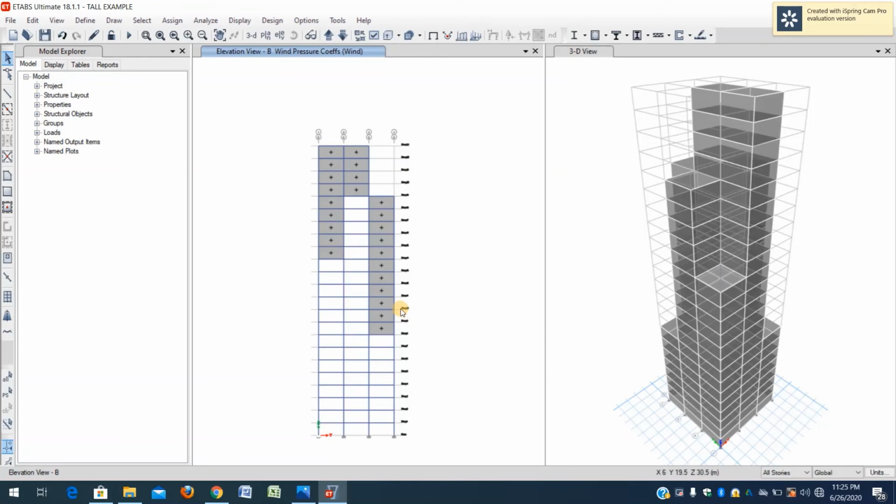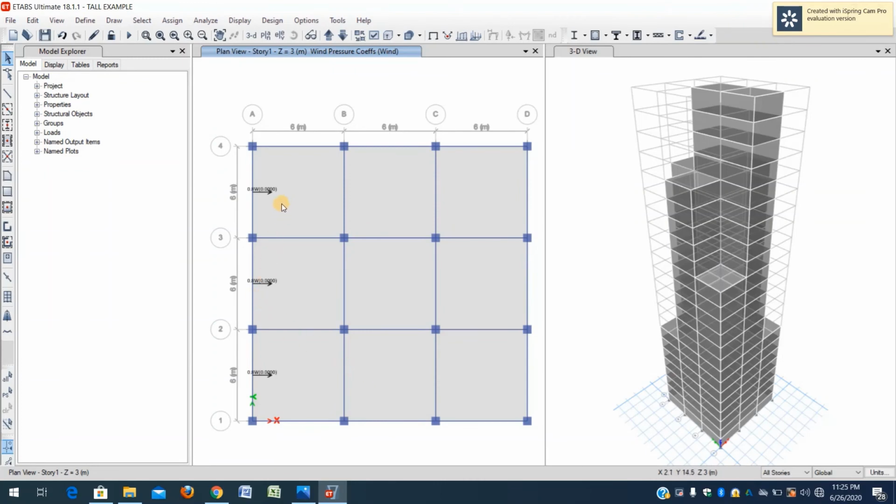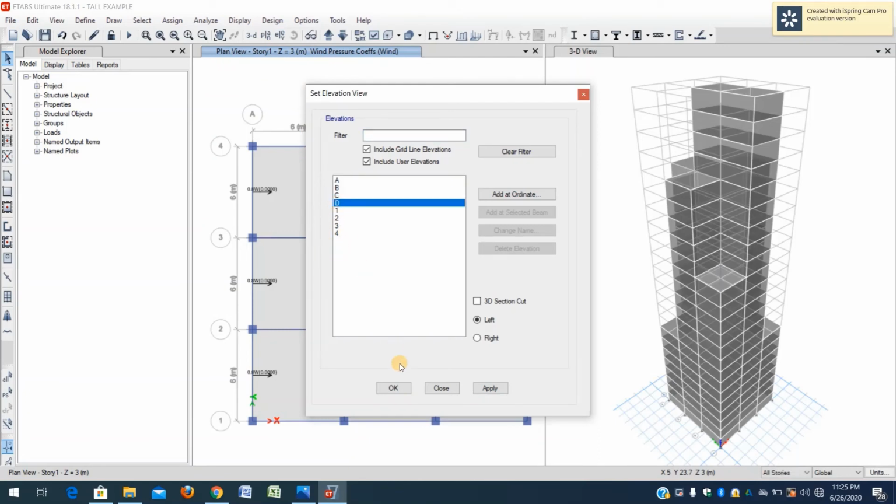Right, to see whether those are applied or not, go to plan view and select story 1, click on OK. We can see the windward is acting in this direction also. Okay, you're doing good. Okay, go to elevation, go to D, click on OK,